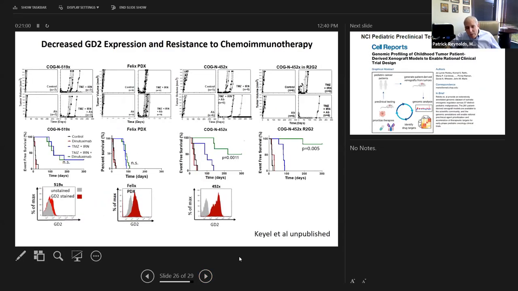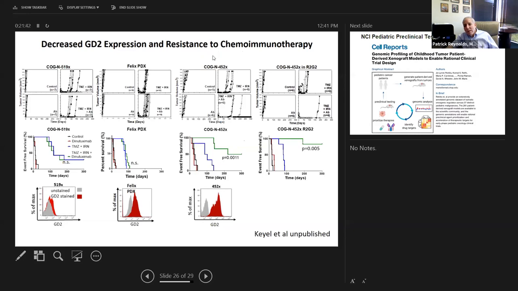Now, we mentioned the interest in immunotherapy and people using GEMs because of that. For studying the immune system, obviously you can't do that totally in immunocompromised mice, but I want to show you some unpublished data from Michelle Kayal in my lab to show you that you can at least study antibodies. When Dr. Modi's study showed us that there was likely a really good benefit to adding dinutuximab on top of temozolomide and irinotecan,